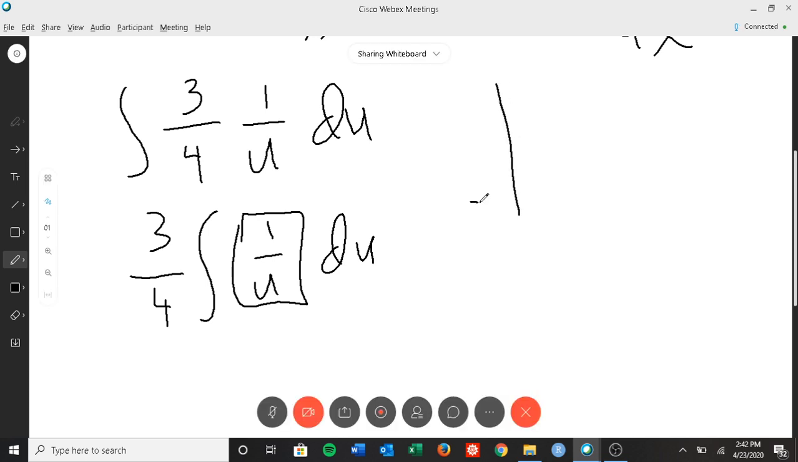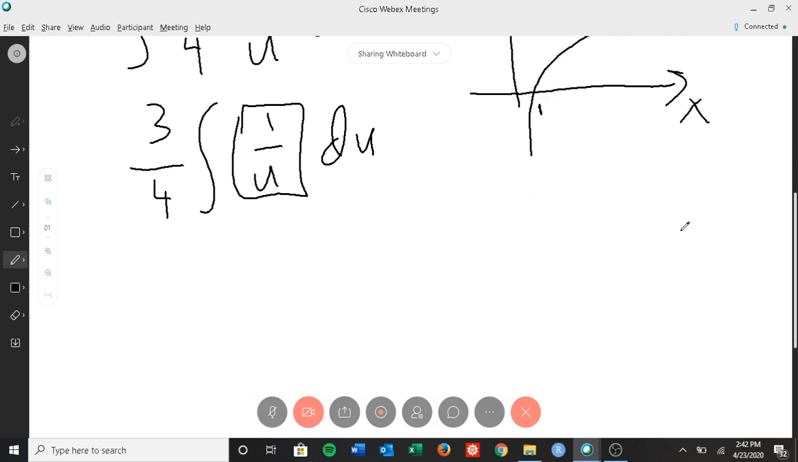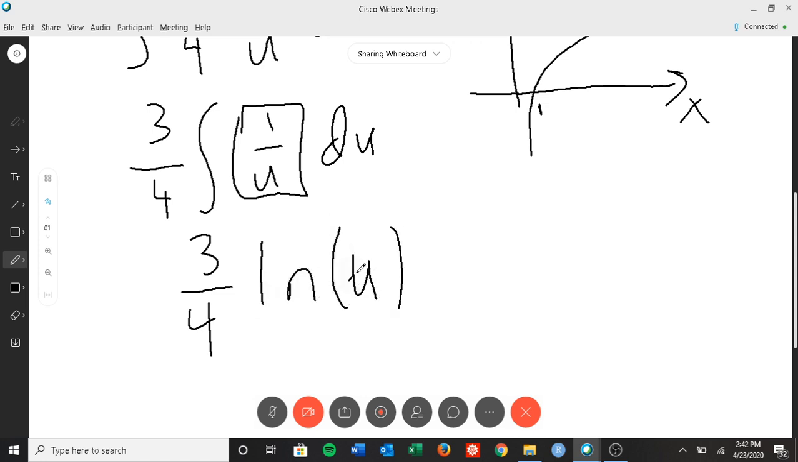So I want to quickly draw a graph of ln, just a rough sketch. This is your function of ln, and where this is 1, and then we have our x. Now the reason I drew this graph is because a lot of people would want to just do ln of u, but that's not correct, because if you notice in our graph,